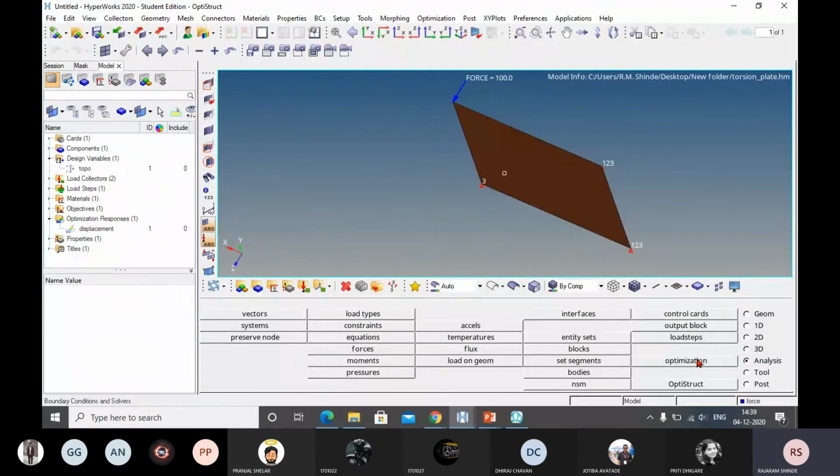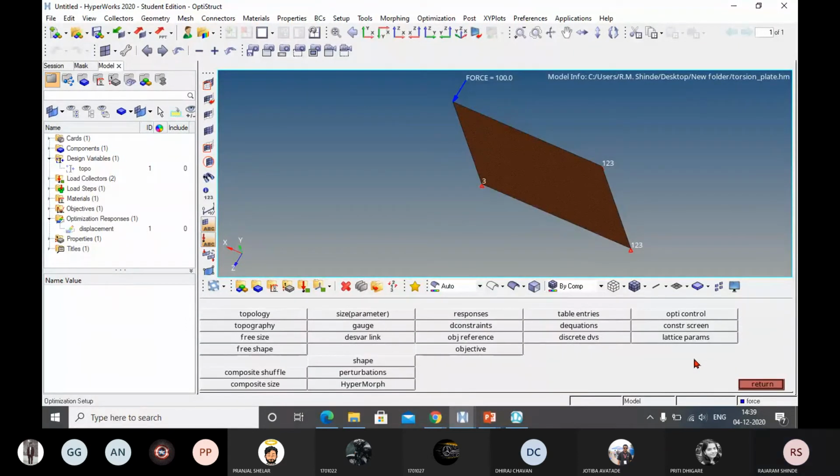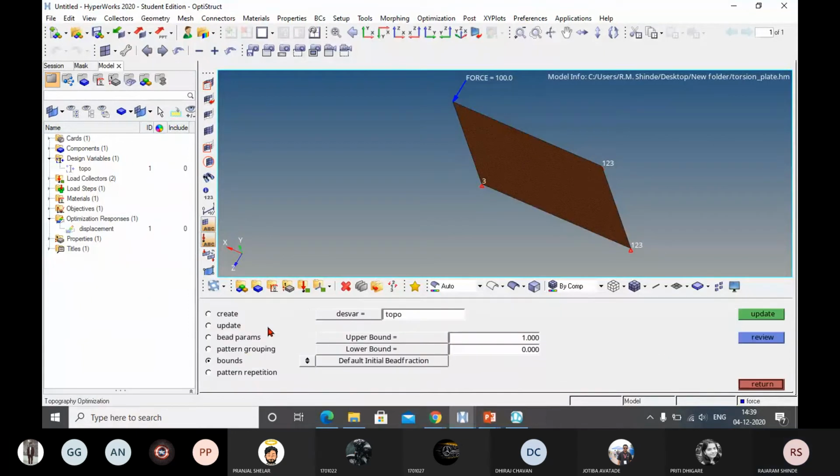What you have to set? Go to optimization. There is only one step. Go to optimization, select the topography. Here we have created and selected the bead parameters. Bounds we have given. Now go to the pattern grouping.